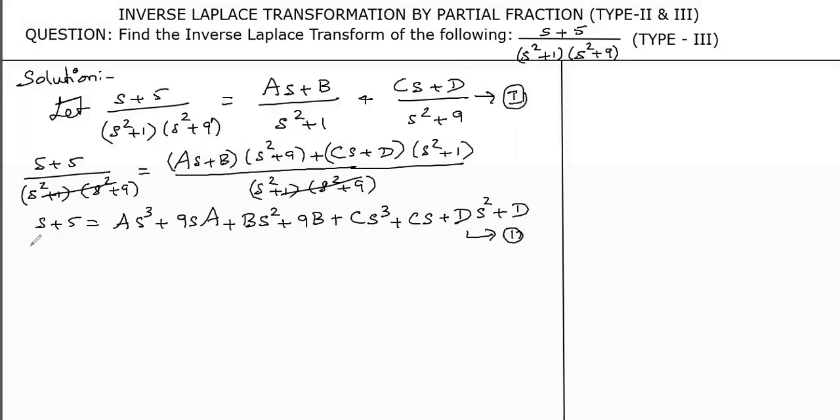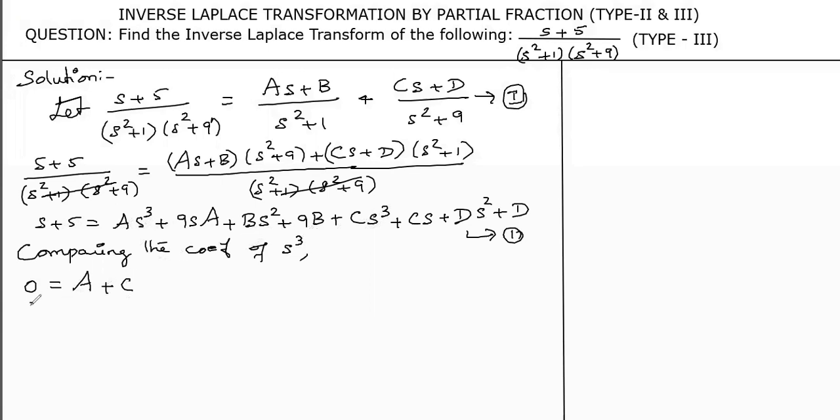Now in this format, you have to use the comparing the coefficient method. Fine. So now comparing the coefficient, first we will go with the higher degree. So the leading term is s cube. So we will compare this. See, on the left hand side there is no s cube, so it will be 0. And here a is having s cube, and c is also having s cube. So a plus c will be there. So we can't do anything with this.